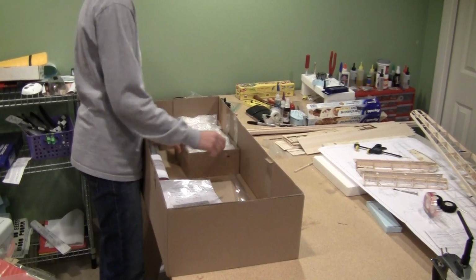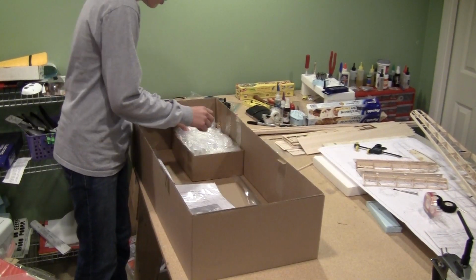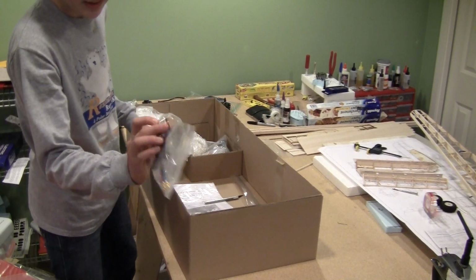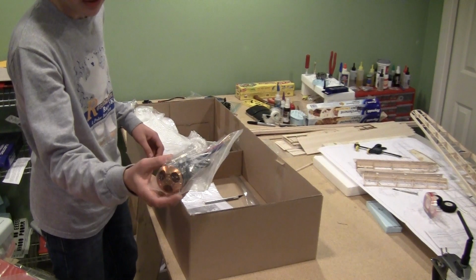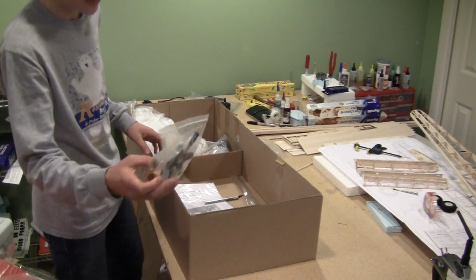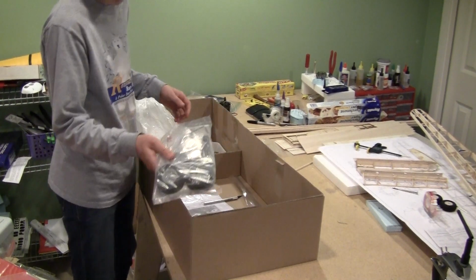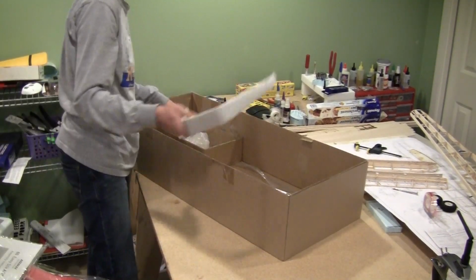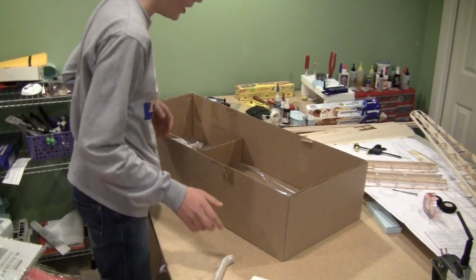I also ordered from Valley Hobby. I got one of their motors right here, and it's a 4.6 size, 600 kV. It runs 4 to 6 cells. I'm using that motor. It comes with hardware, a manual, 14x7 props, a wing joiner, landing gear, and fuel tanks, which I won't be needing, and